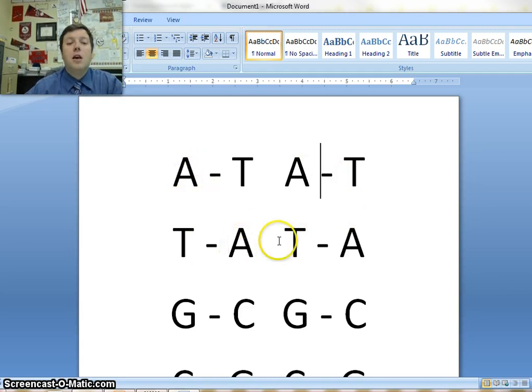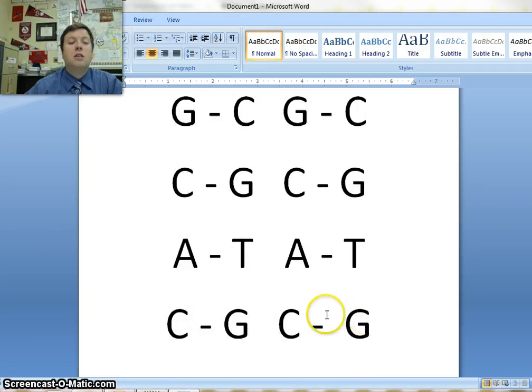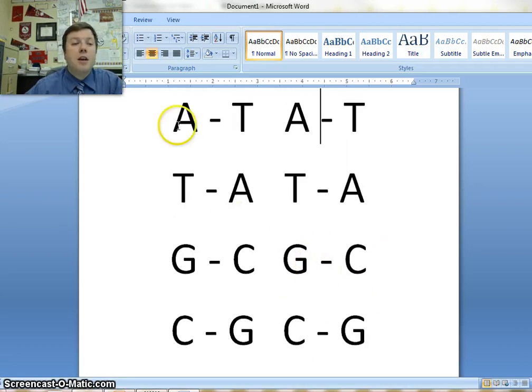AT, AT, TA, TA, GC, GC, CG, CG, AT, AT, CG, CG, just like that. The outside are your older strands, and the insides are your newer strands. Either way, now that you have two copies of your DNA molecule, you have a chromosome, and each copy represents one sister chromatid. The next stage of the cell cycle is going to be cell division, and that's when we actually rip these sister chromatids apart, and they each go to a new cell. We'll talk about that more